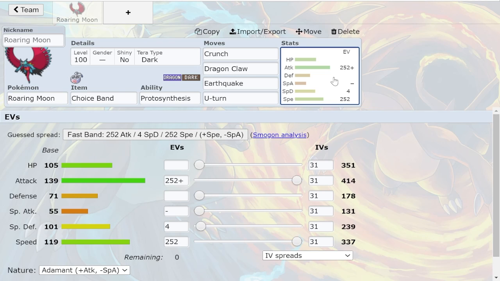So what is something that lets Roaring Moon do its thing without even thinking about any particular Pokemon? Hazards are the first thing that comes to mind, right? Stealth Rock and Spikes allow this Pokemon to repeatedly click Crunch and U-turn and actually get something out of it. I don't think even something as bulky as Kingambit would be willing to switch in multiple times,